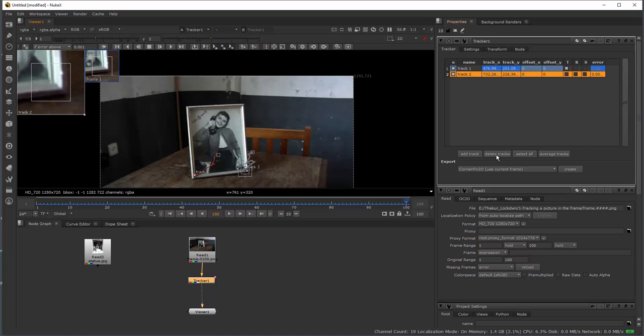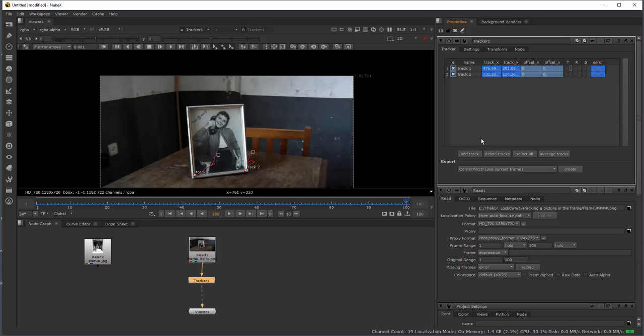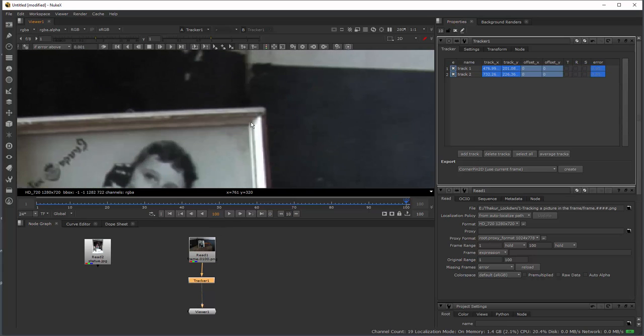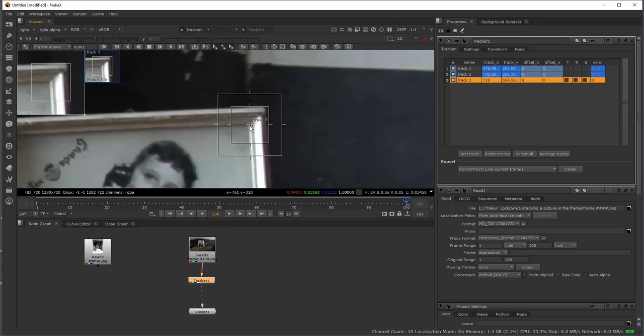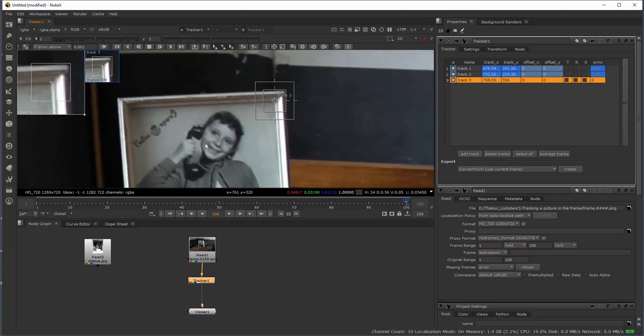After this I will create one new tracker, that is my tracker 3. Hold down the Control key and drag it here, fix your point and track reverse.